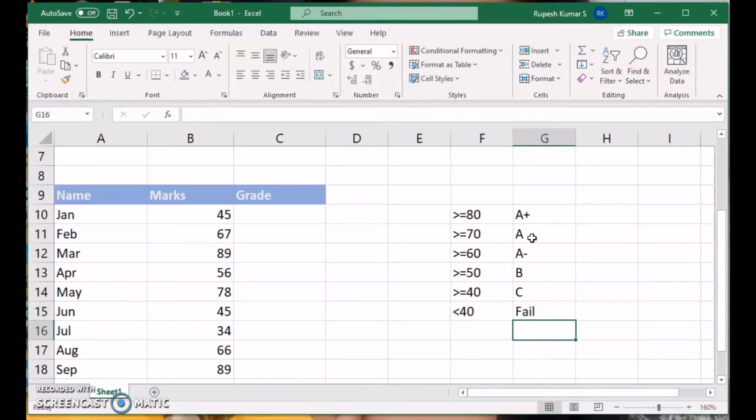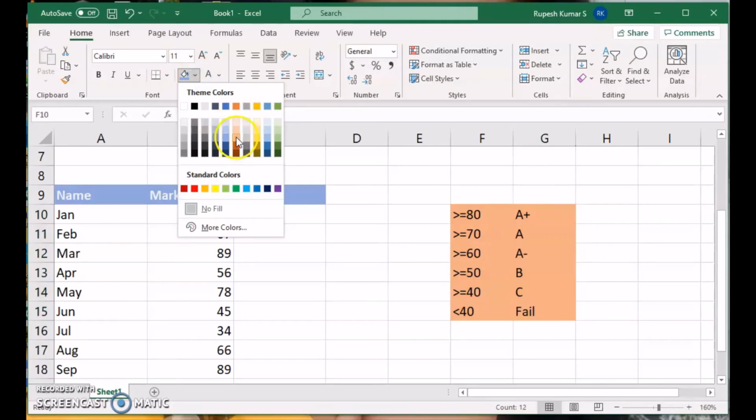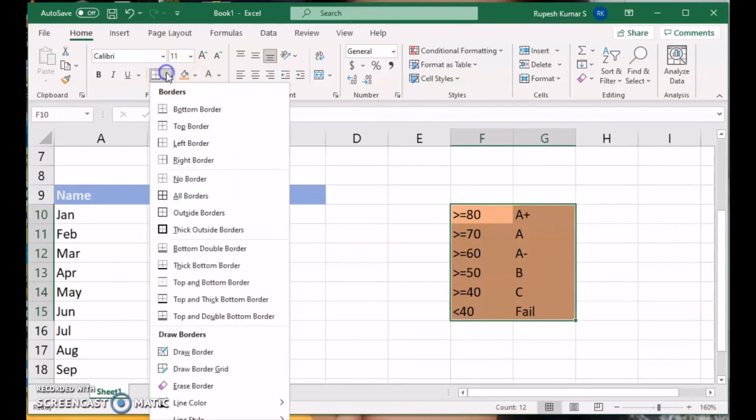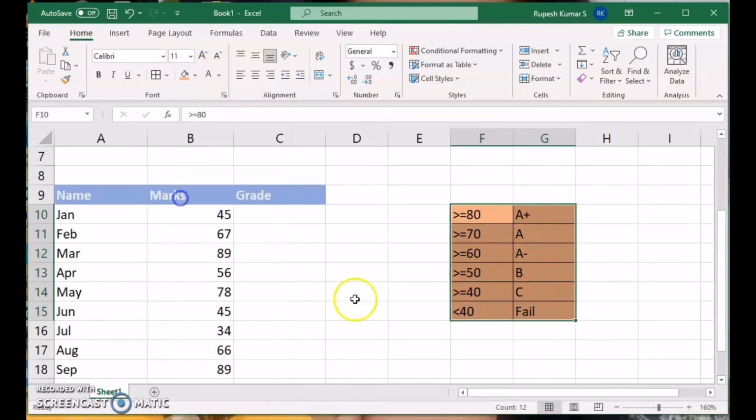So suppose this is my criteria. There could be different criteria for you. So right now I am considering this one as our criteria, maybe for some universities or institutions. Fine. So now this is going to become my master table, and for that I would like to calculate the grade of the students. Okay, so how to get it? I'm going to write here.